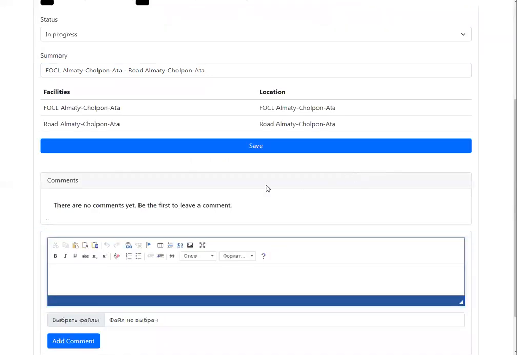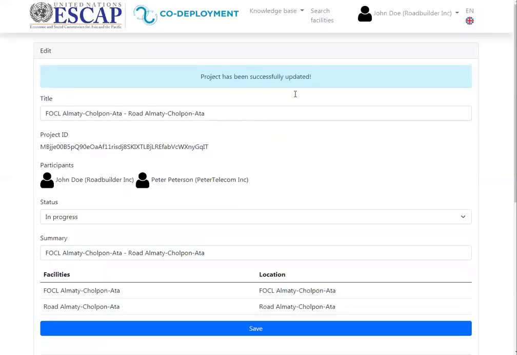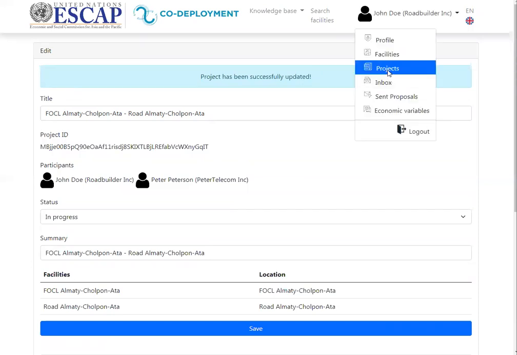Here they're able to make comments, save files, and do anything necessary to create and establish the partnership, including the signing of a memorandum of understanding about the co-deployment between their infrastructure facilities. So just save it, and after this, you can find this project